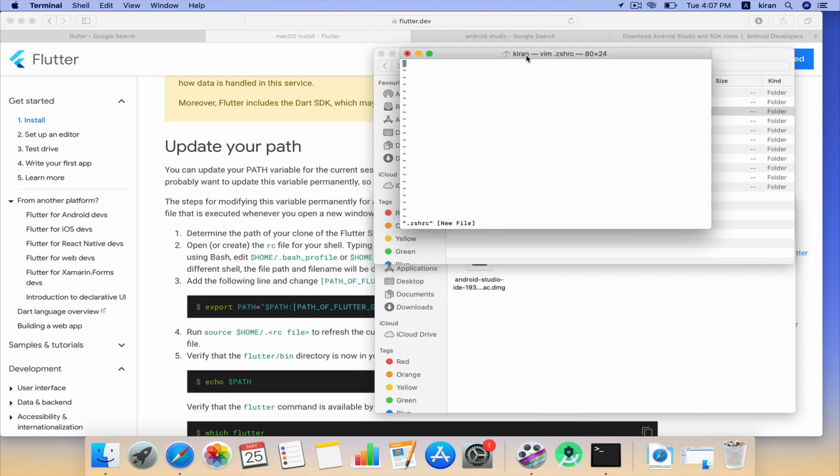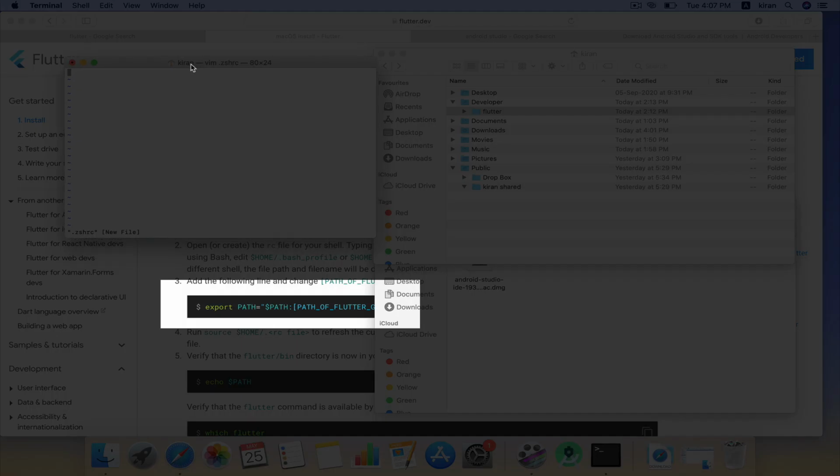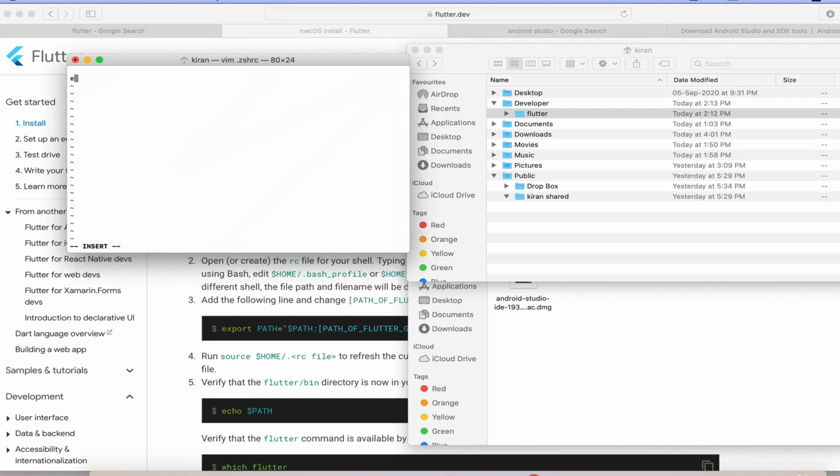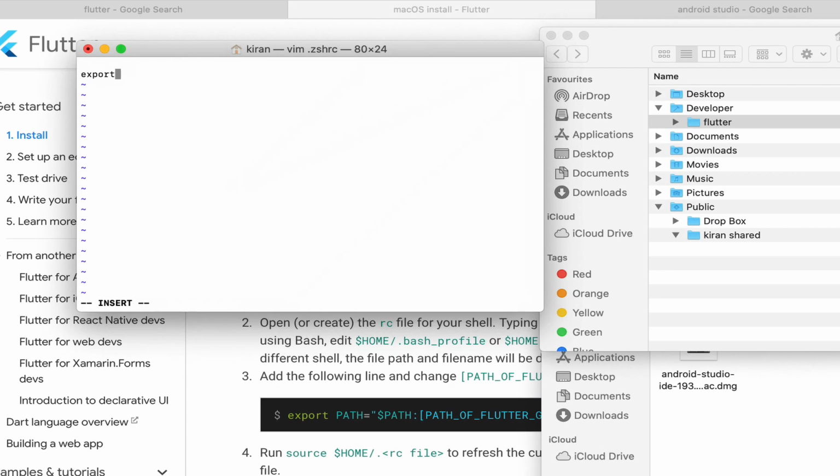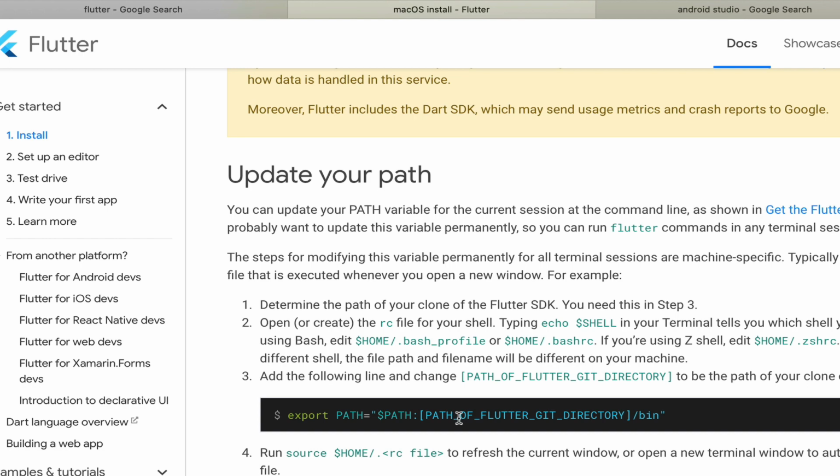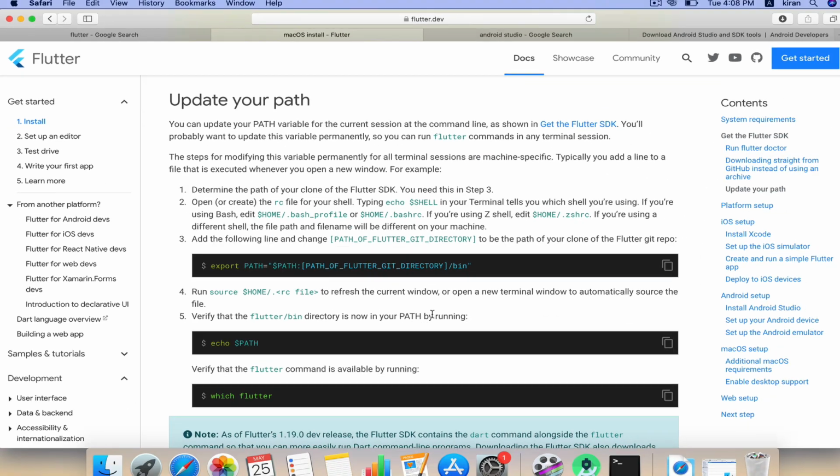Again come to the terminal, and the command you can see is export. Export and capital PATH equals, now dollar capital PATH, so I am using the same thing, and colon, and the other thing we need to write is the path of the Flutter git directory.